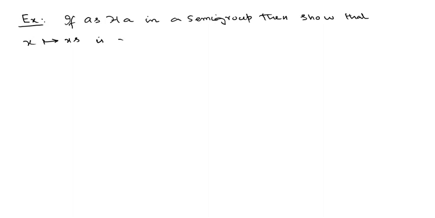This mapping is a bijection of H class of A onto itself, HA to HA. Okay,